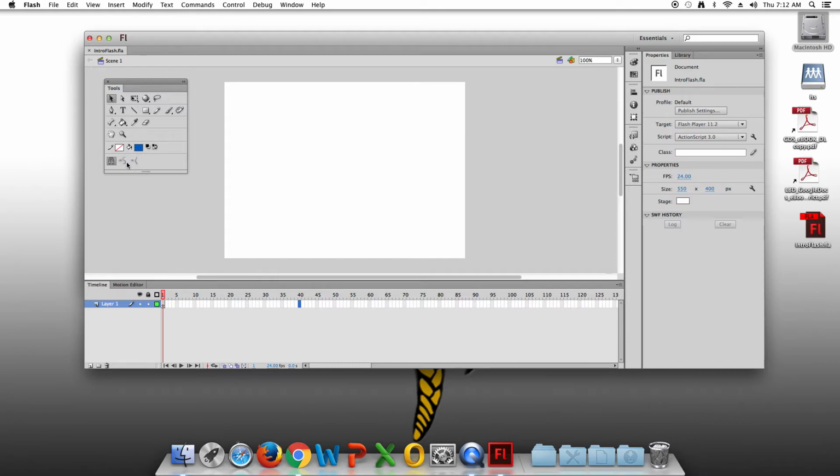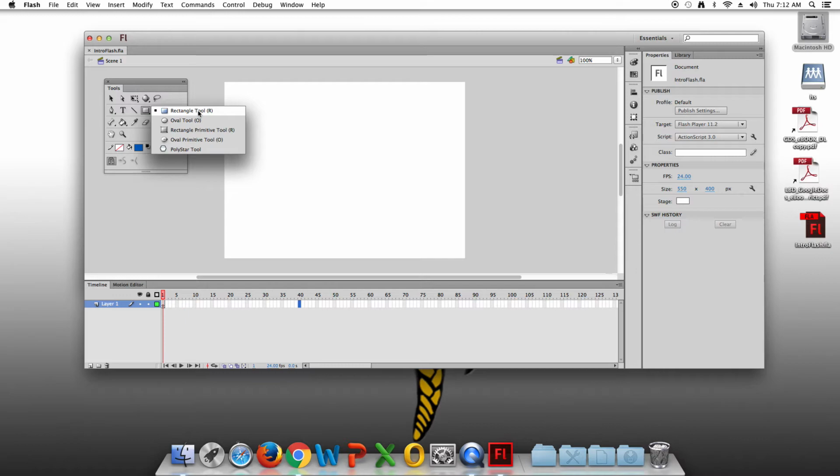Now, if it has a little arrow next to it, or you can call it a little triangle, it means that you can click and hold down and you can create another object with it. So for example, if I click and hold down on the triangle, I'm going to get these options. We're going to primarily be using the rectangle tool and the oval tool, possibly the polystar tool, but never the rectangle primitive tool or the oval primitive tool. So the primitive tools are off limits. Polystar tool, I'll show you how to use oval tool and rectangle tool. All right,